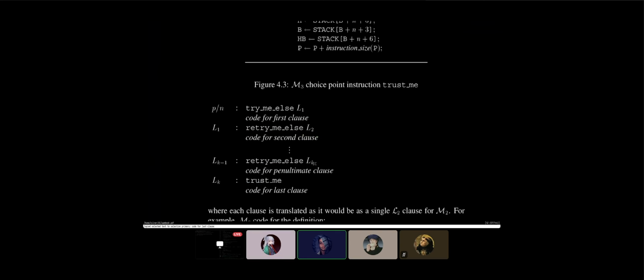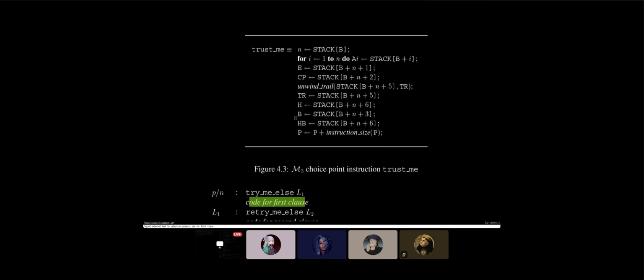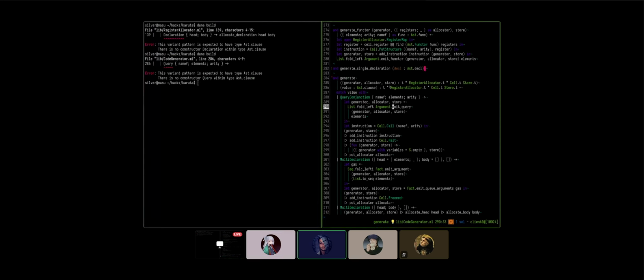So you're saying that the singleton case is only a try me else? No, for the singleton case there's nothing here. It's just the code for the first clause, and that's it. Yeah, but I was talking about something different. Go back to the code. I'm telling you, this function that you're creating, generate single declaration, is that going to be the body of 302 onwards? Yes. So in that case, I think we should not receive a declaration. We should receive only the elements.